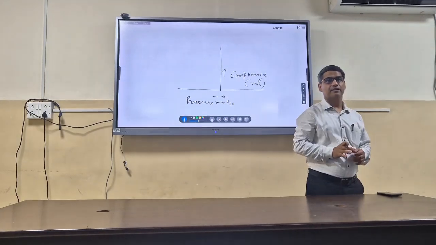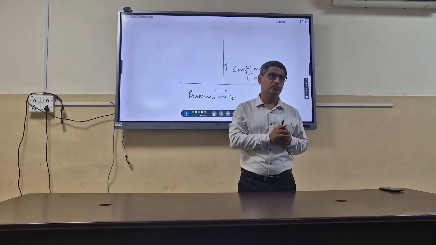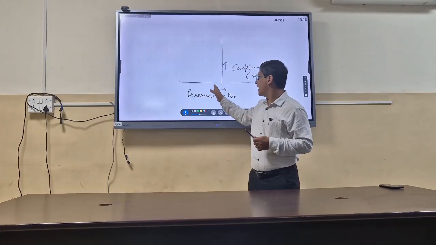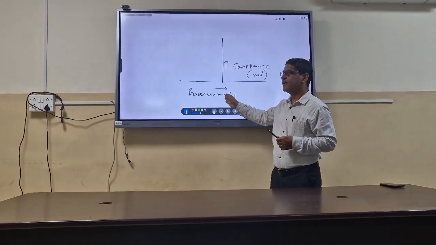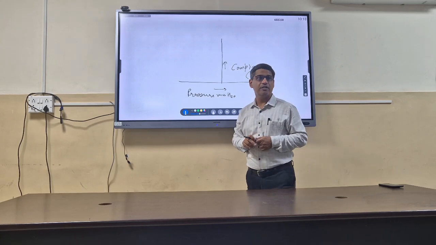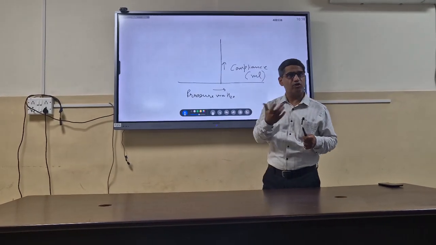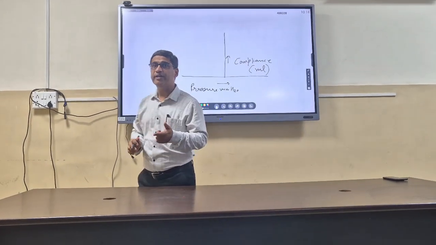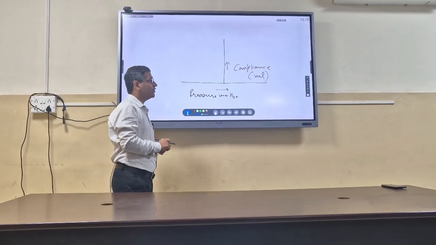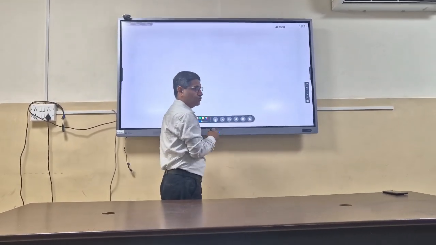Compliance means the ease with which the sound passes through the middle ear. So this is a graph where compliance is plotted against pressure. The air pump that we saw will decrease or increase the pressure, and whatever compliance we get, we will plot in this graph. Actually the machine plots it because it is an objective test, but we need to interpret the findings of that graph. So let's see what are the different types of graphs that we can get in tympanometry. Before that,